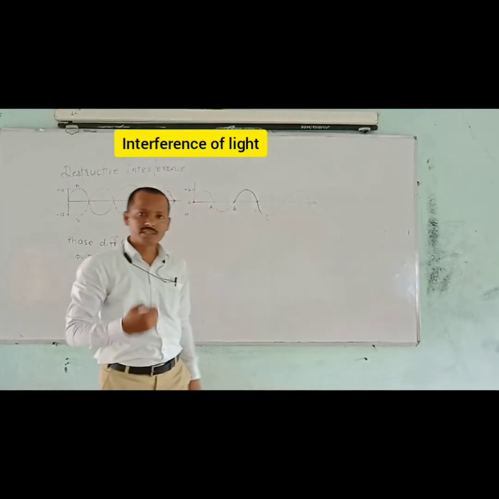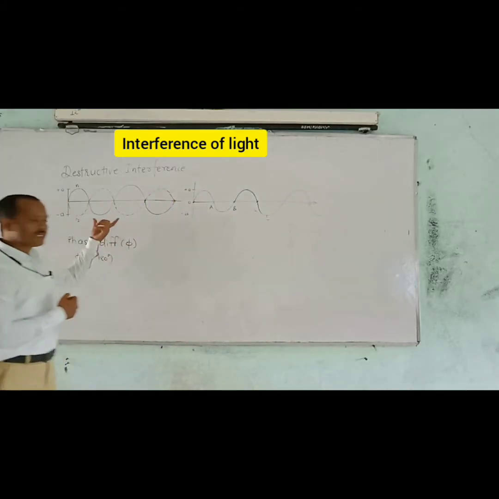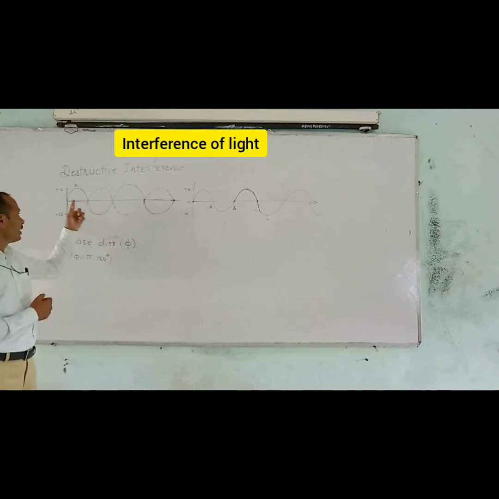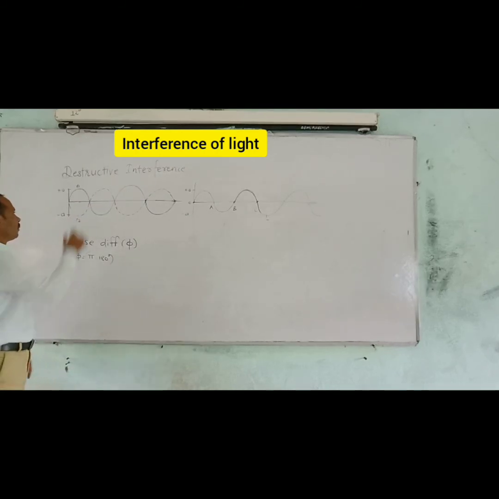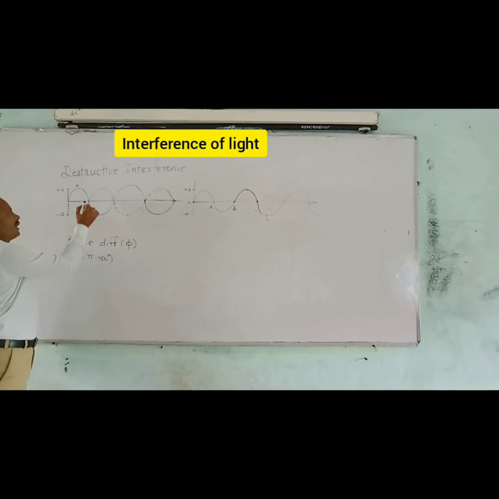We are studying destructive interference. When we see this example, there are two waves, y1 and y2. The crest of the one wave coincides with the trough of the other. Therefore, plus A minus A, we get 0. Therefore, we get destructive interference here. Plus A minus A is 0. Where both waves are at the mean position O, the amplitude is 0 here.